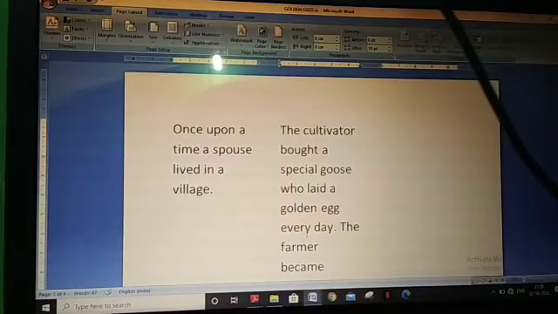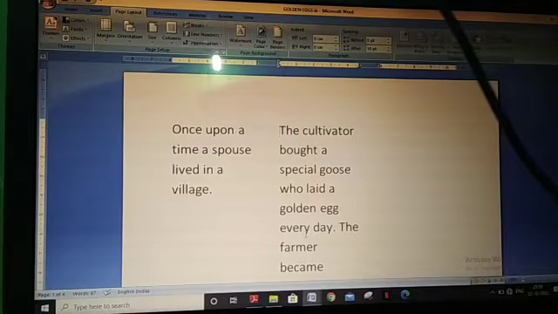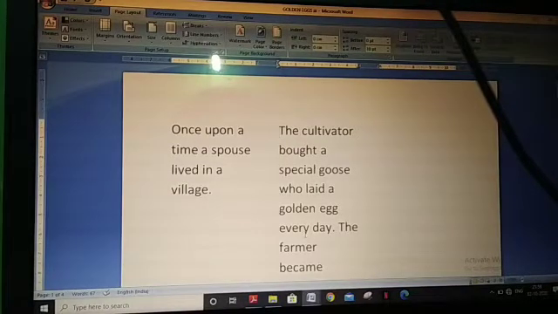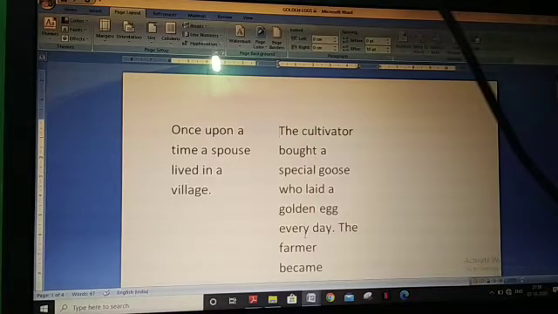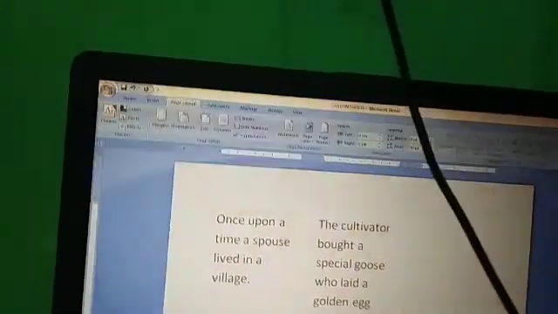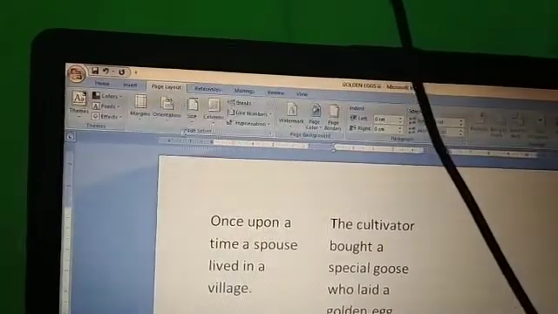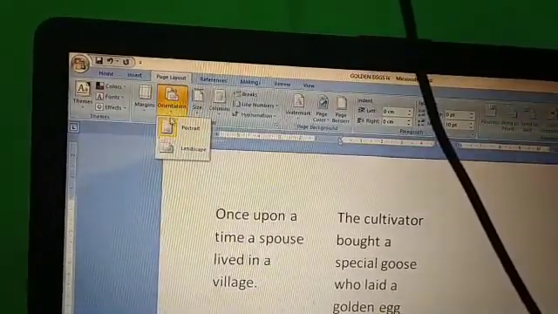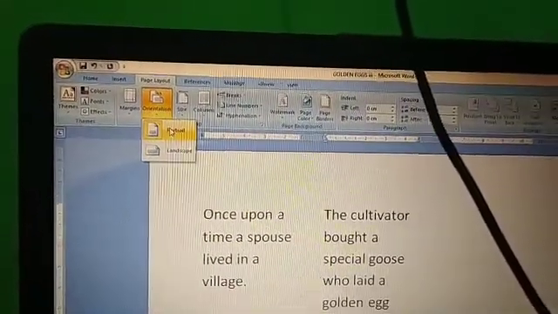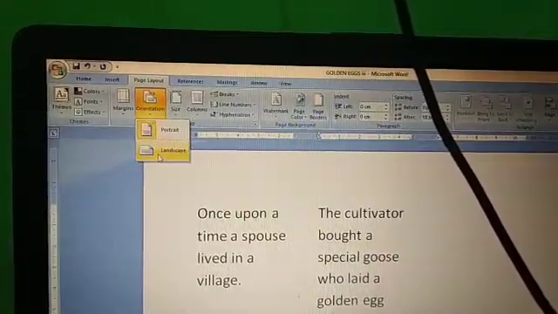Okay, so this is the chapter, children, we have done. In this chapter, first of all, we have seen orientation. There are two types of orientation, portrait and landscape. Just now you have seen. Click on portrait, already it is in portrait. Click on landscape.